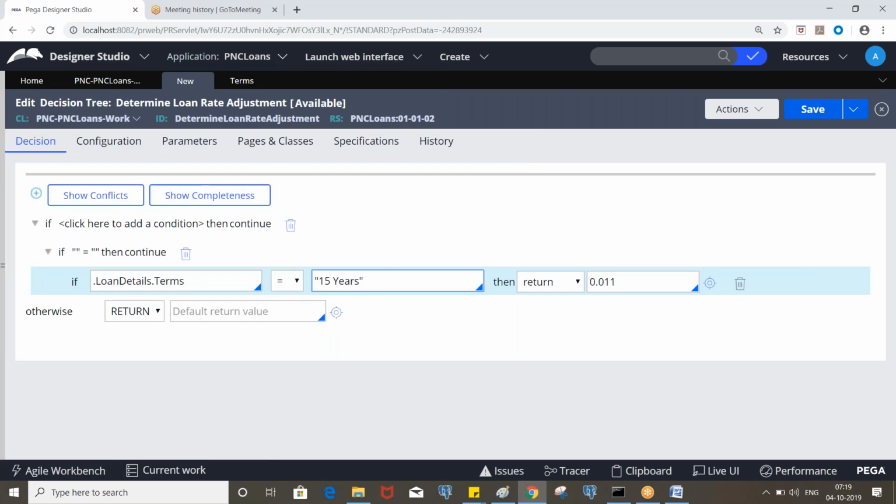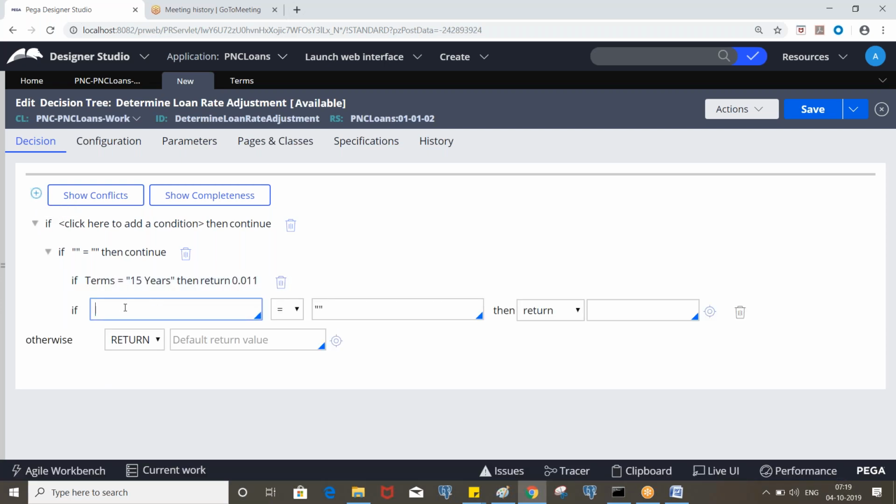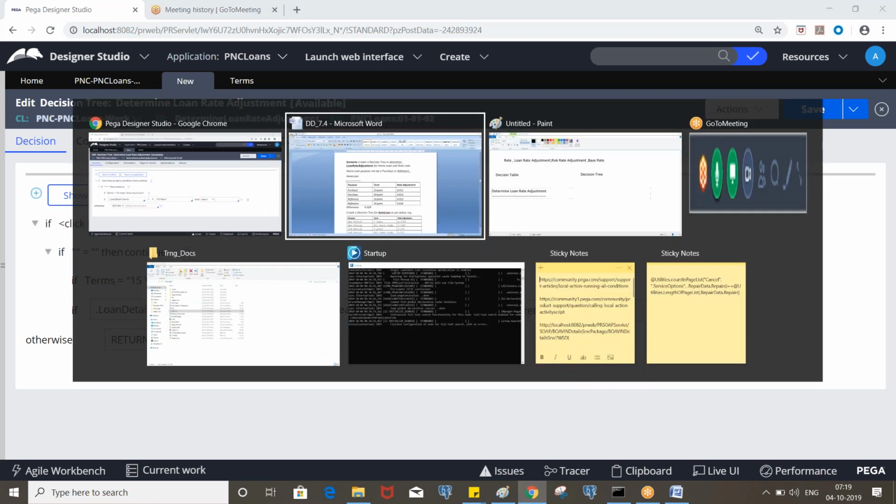Okay. So now put the cursor here and click on add new row. Here, if loan terms is 30 years, 0.015. Clear?